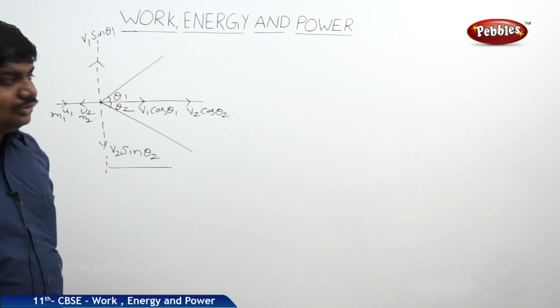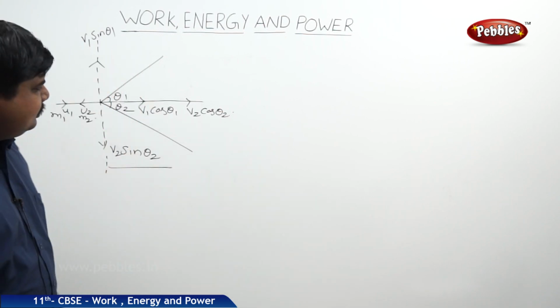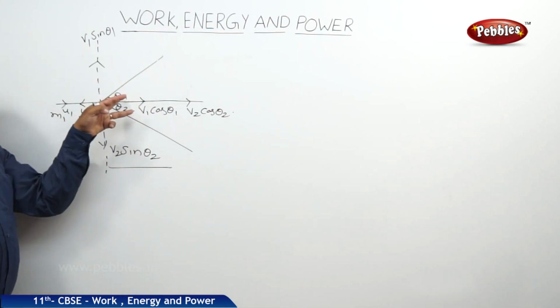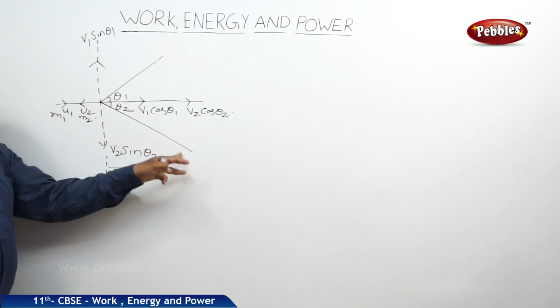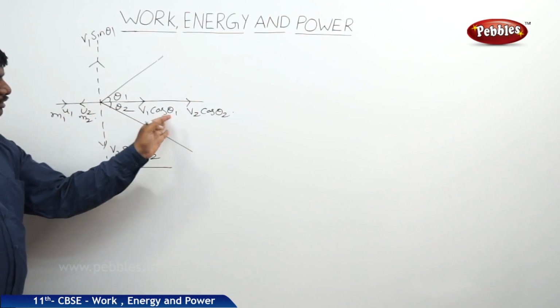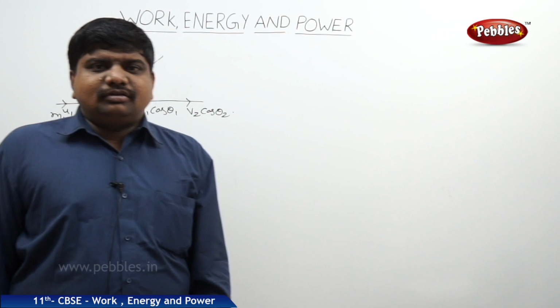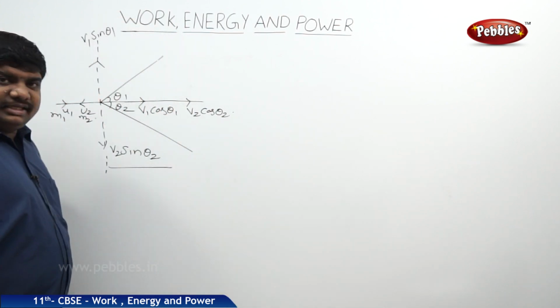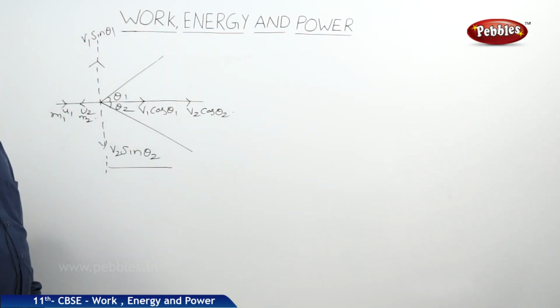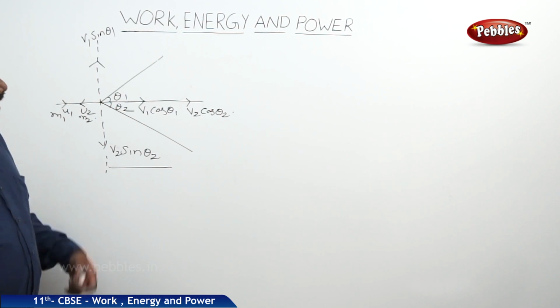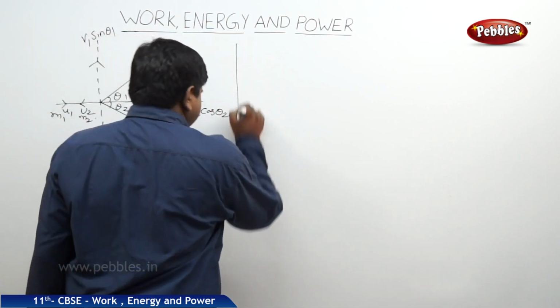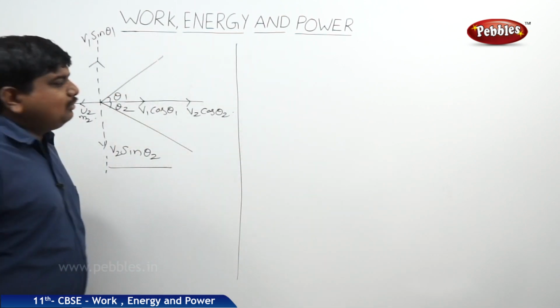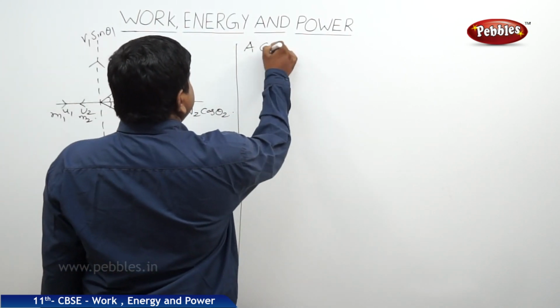This is the sketch to understand the concept. So we know that this is the collision angle. After that the body will move to the angle theta 2 with velocity components cos theta 1 and cos theta 2 along the x-axis, sin theta 1 and sin theta 2 along the y-axis. After the collision took place, according to law of conservation of momentum,